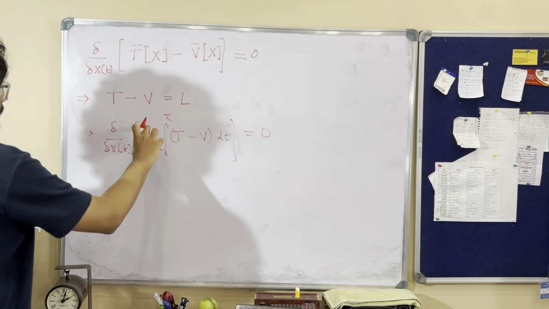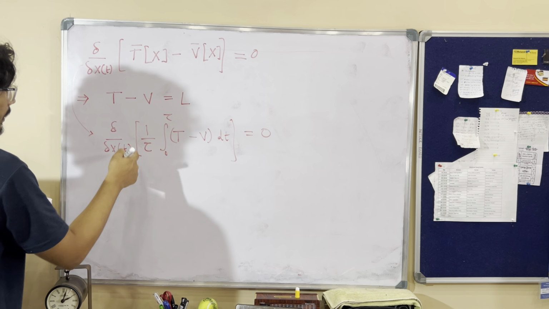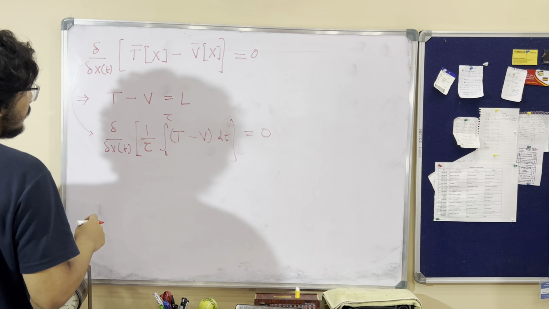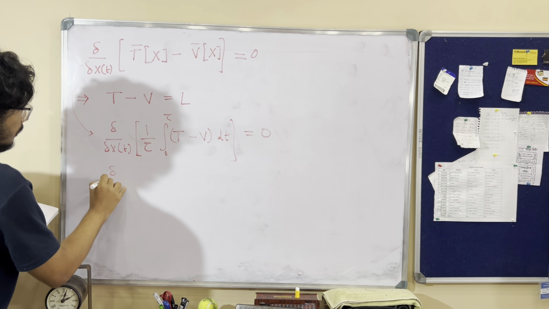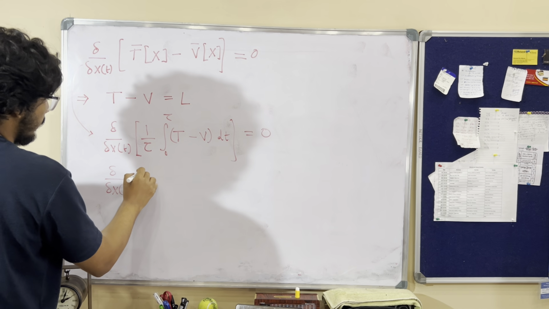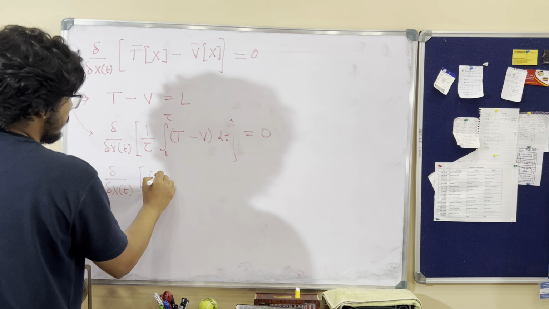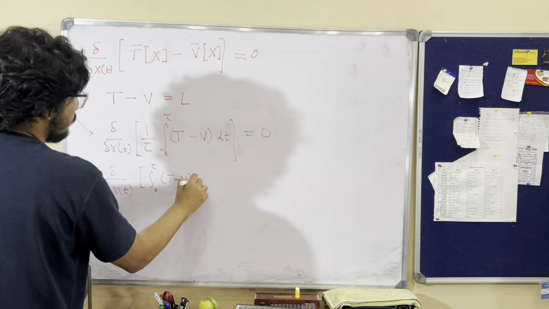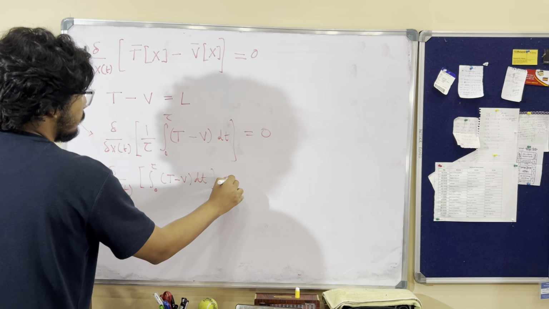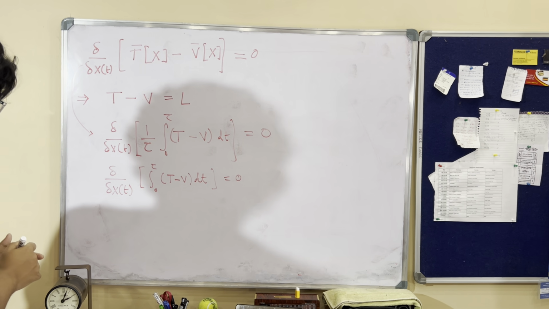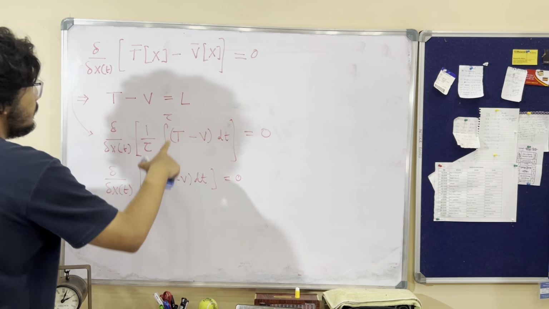Okay, so I can take 1 over tau out, and I can just take it to the right hand side and multiply with 0, and I will get 0 also. So what we get here is this thing. Replacing T minus V with L,